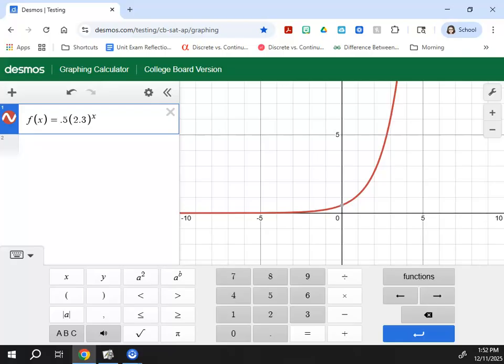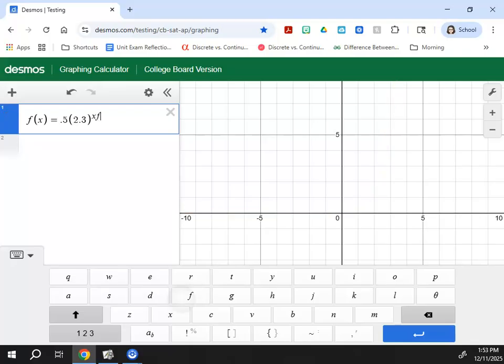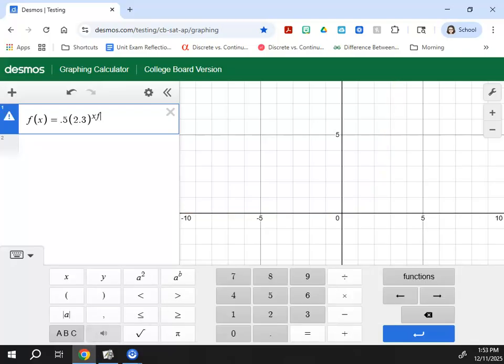Okay, there are a couple of different ways to do this in Desmos, and I want you to understand both and understand when to use what, okay? If this was a regression, because we've done a lot of regression, if we had typed in a table, it gave us an equation and it gave me a graph, then it's not going to be in function notation. They're going to have x's and y's, right? So then I have to talk in terms of x's and y's. But here I have it in terms of f of x, so I can talk in terms of f of x. So since I want f of 2, I'm going to literally type in f of,